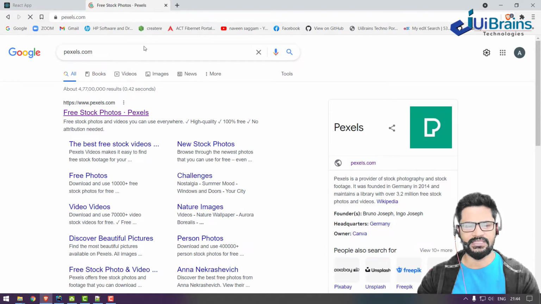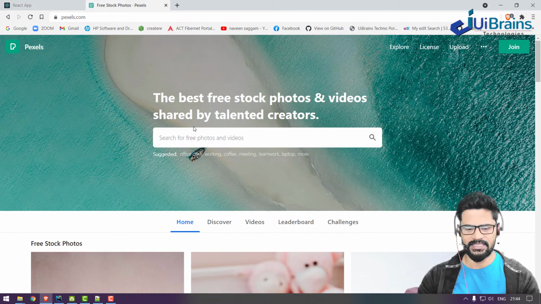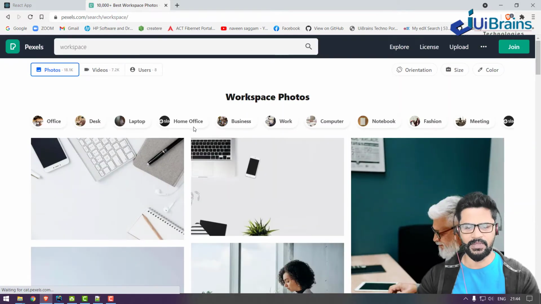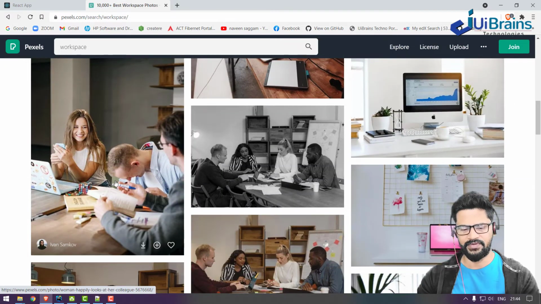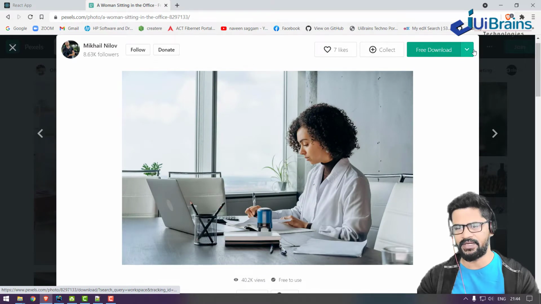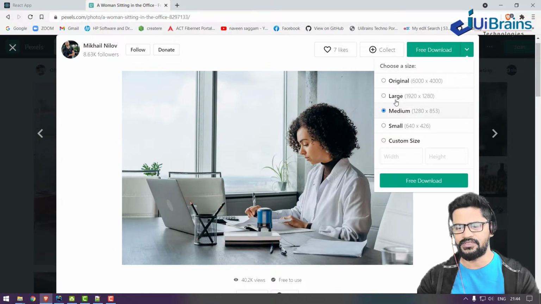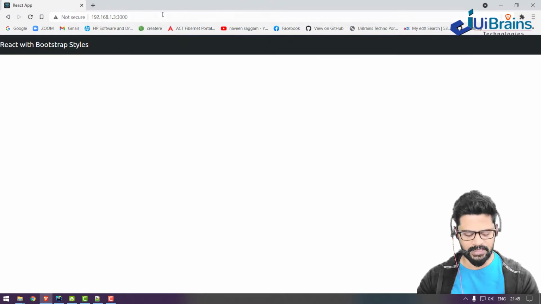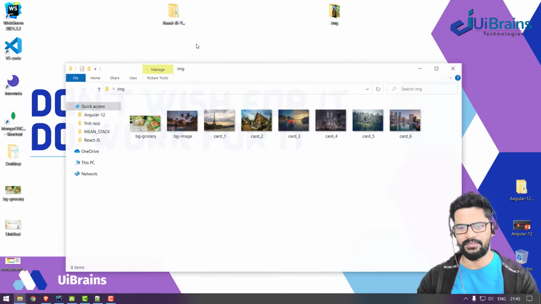You go directly to pexels.com and search for whatever you want, for example, workspace. If you type a query, all workspace-related photos will come. You can select any picture and freely download it, choose a large or small size, whatever option you want, and customize it. I have downloaded a few images and kept them on my desktop here.